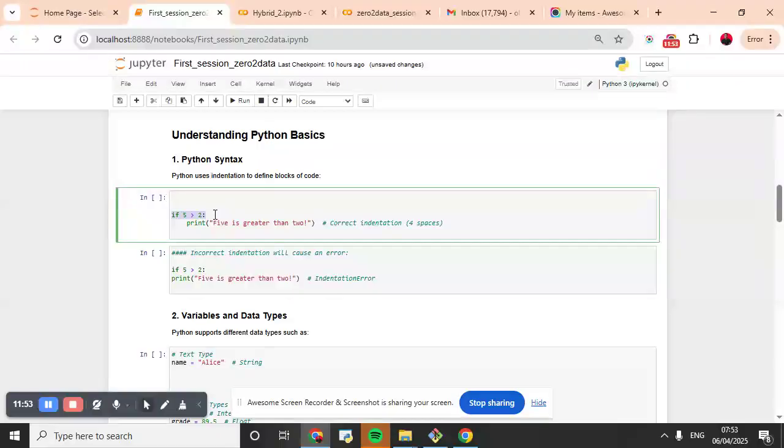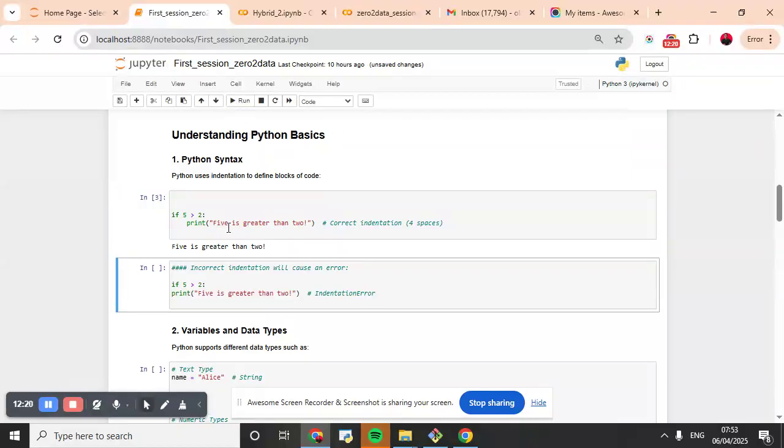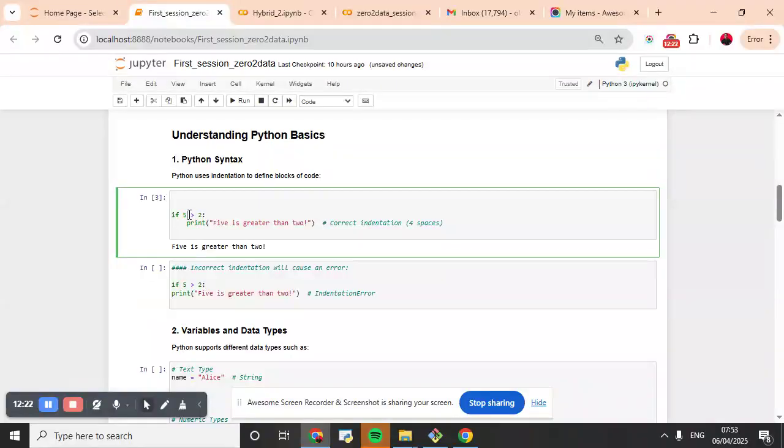In programming, this is called a conditional statement. So this is just a condition. The condition is saying that if 5 is greater than 2, perform this action. So what happens if 5 is not greater than 2, or if I have put a number that is not greater than 2? If this condition is true, do this. So let's see what that is going to give us. 5 is greater than 2. But if I decide to do this,